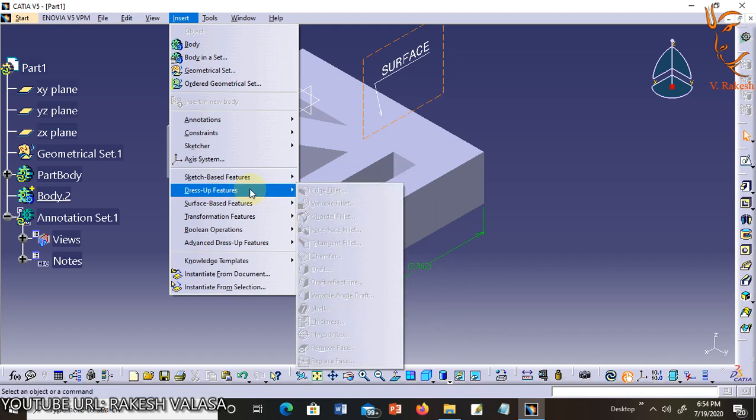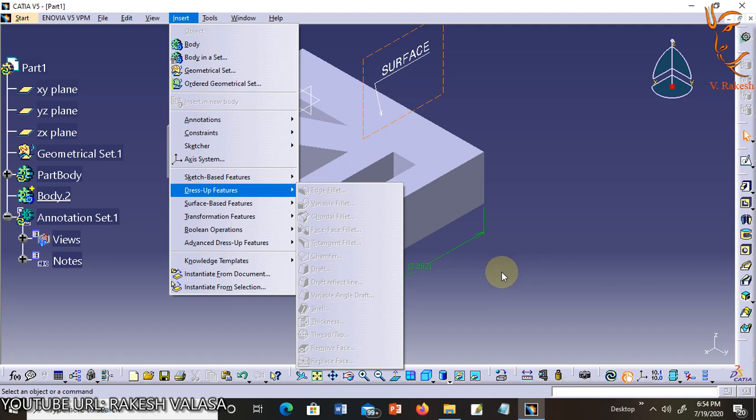Next option is dress up features. It has edge fillet, variable fillet, shoulder fillet, face fillet, tri-tangent fillet, chamfer, draft, reflect line, variable angle draft, shell, thickness, thread or tap, remove face, replace face.